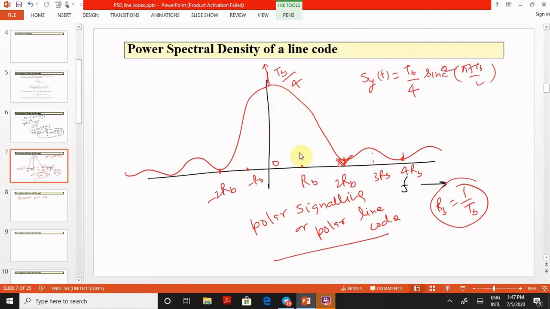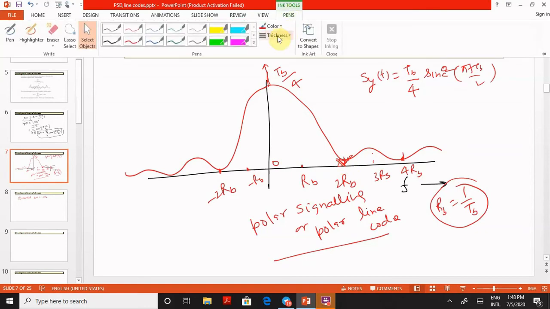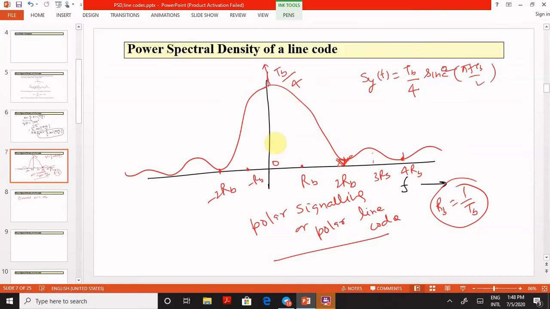Most of the power is residing in this area, and these lobes have very small power, so we can neglect them to calculate the estimation of bandwidth. Although theoretical bandwidth will be infinite, because the signal moves towards infinity. If you want to transmit 100% power, meaning all power components, they will move till infinity. These lobes will become smaller and smaller, but theoretically the energy will move till infinity. So the signal will not become zero before infinity.